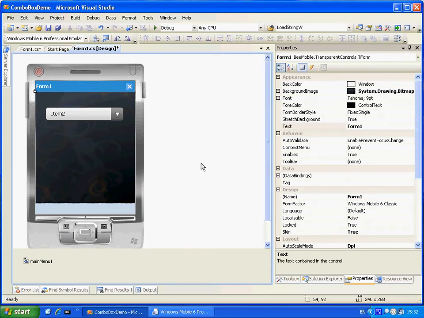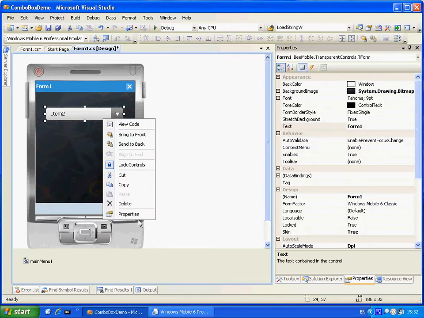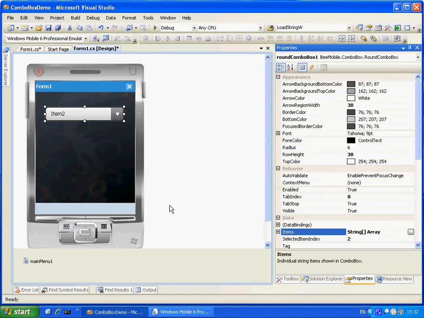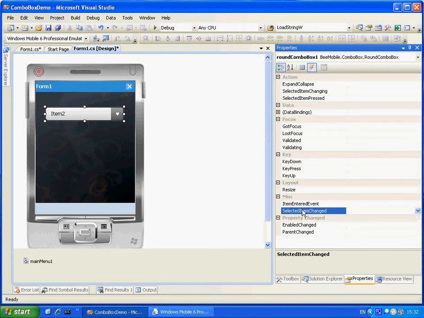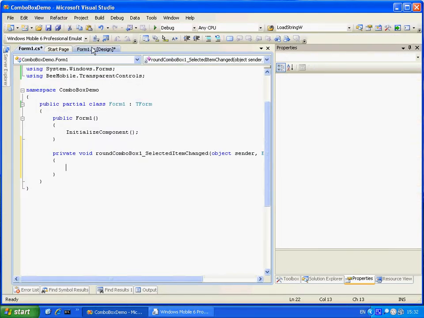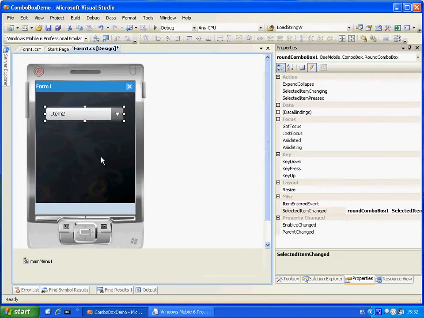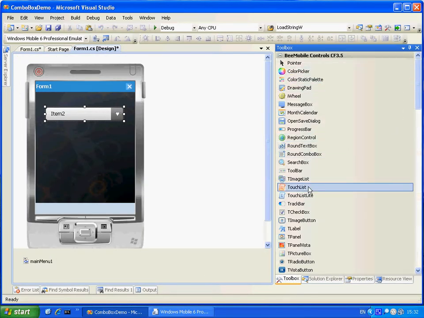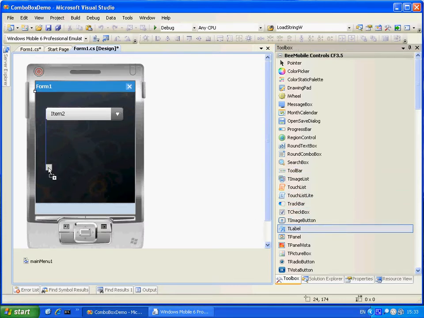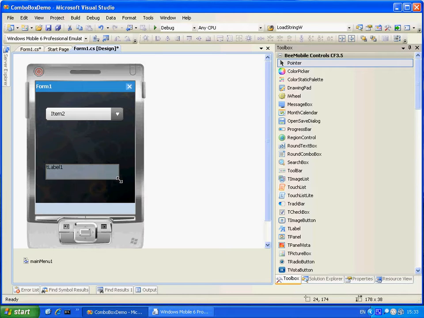Now the important thing about ComboBox is to handle the selected item changed event, which is right here. So let's create a handler for this event. And whenever the currently selected item changes, we want to display this newly selected item somewhere. So I'm going to create a label, but it's going to be a transparent label, which is right here. I'm going to put it to our form,